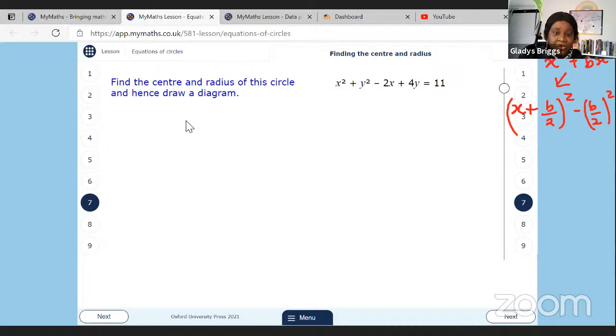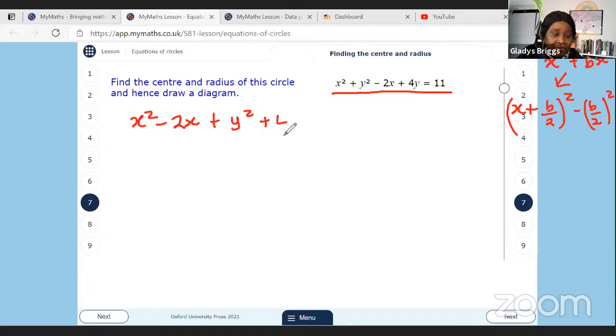So the first thing that you want to do is rewrite this equation, putting all the x terms together and all the y terms together, yeah? So we would have x squared minus 2x plus y squared plus 4y is equal to 11. Let me make my pen smaller. Now you need to split that up and do completing the square for this one and for this one, okay? And if we use this method that we did yesterday,